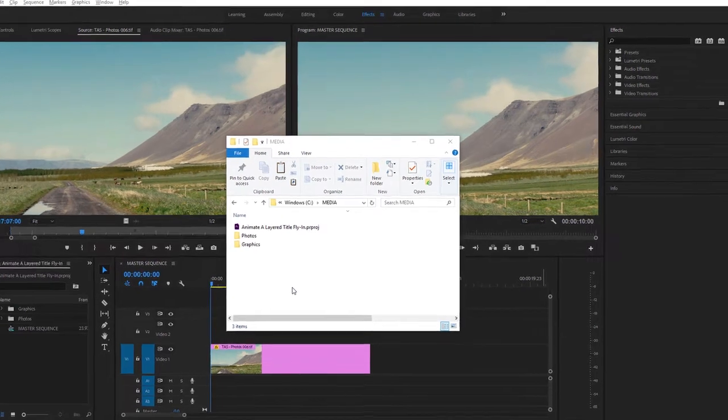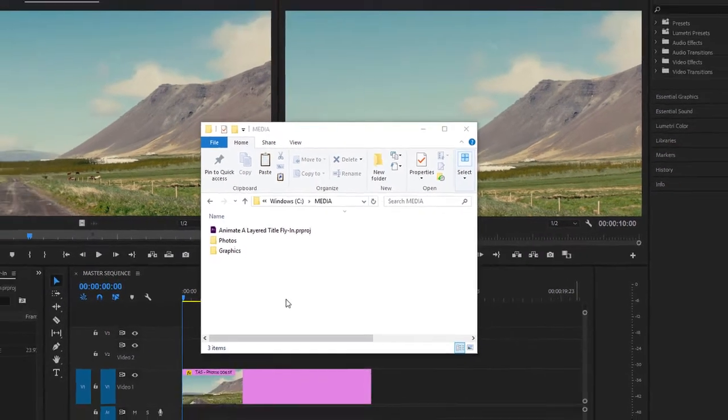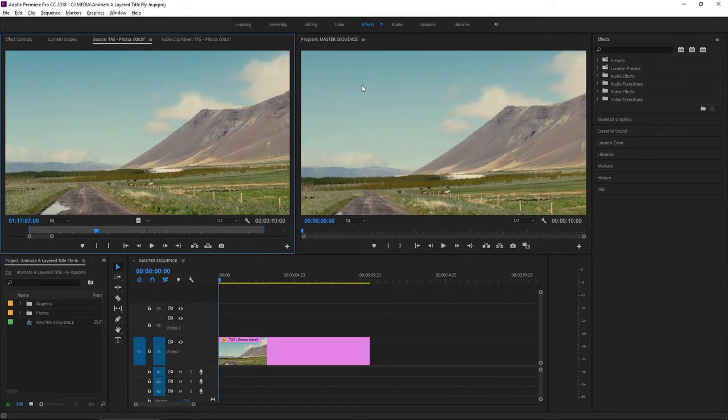For this tutorial, I'm using the Animate a Layered Title Fly-In project file. You can find that project file with the media associated with this tutorial. Just double-click on the project file to open it in Premiere Pro. I'm in the Effects workspace, and you can reset that workspace by clicking on the Panel menu and choosing Reset